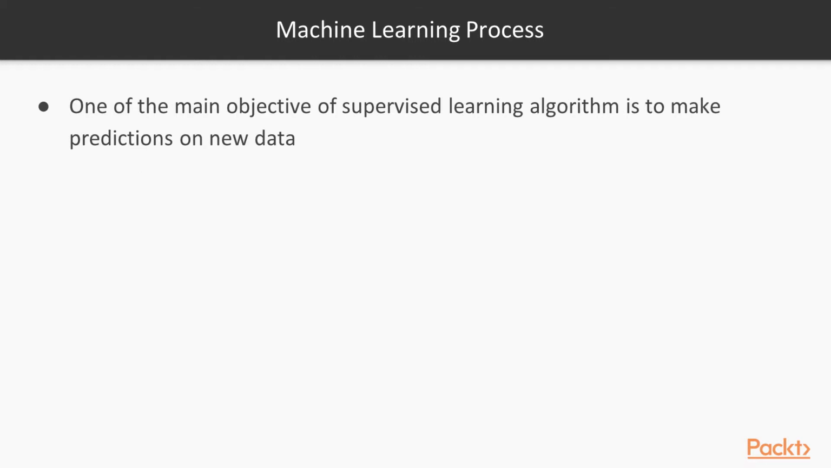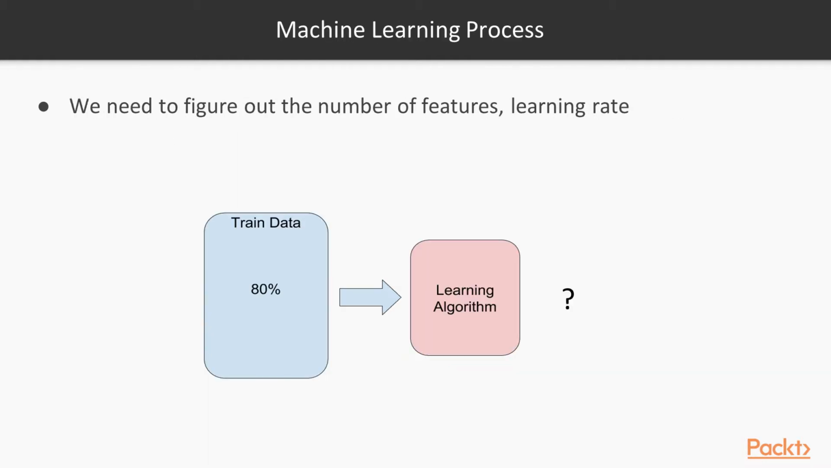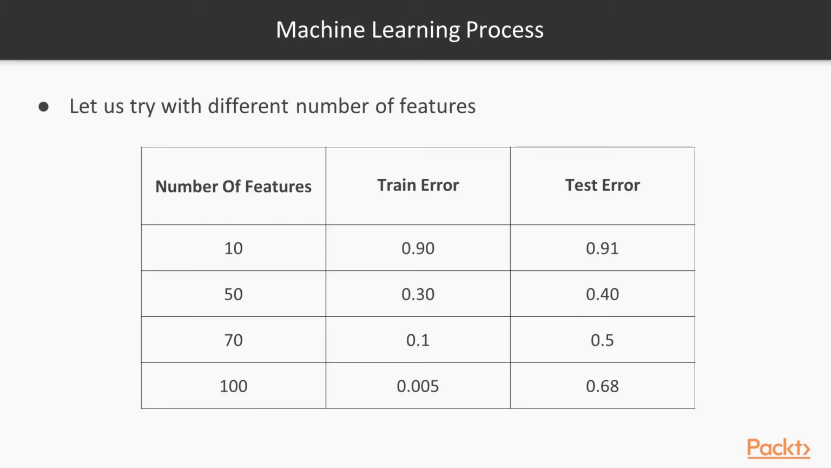One of the main objectives of supervised learning is to make predictions on new data. Let's say this is our initial data, and we divide this data into two parts, training data and test data. Now, as we progress along during the course of this learning, we want to estimate the number of features or the learning rate. Let's say for different number of features, this is the training error and the test error that